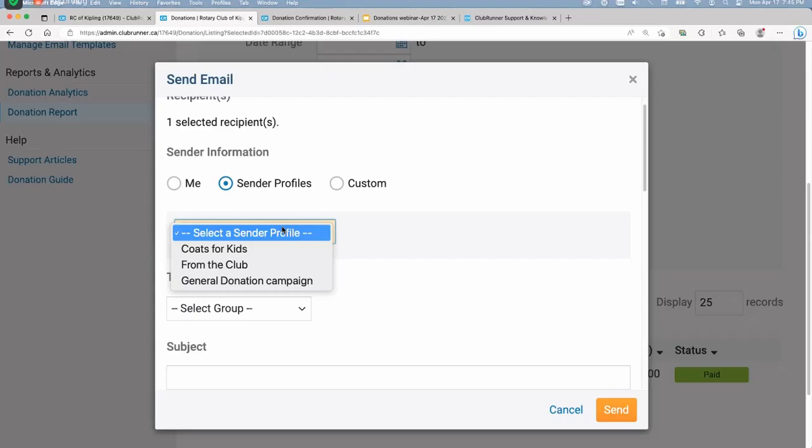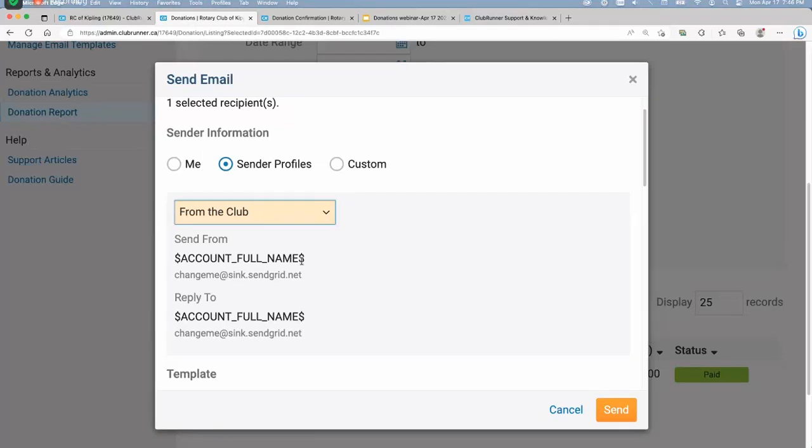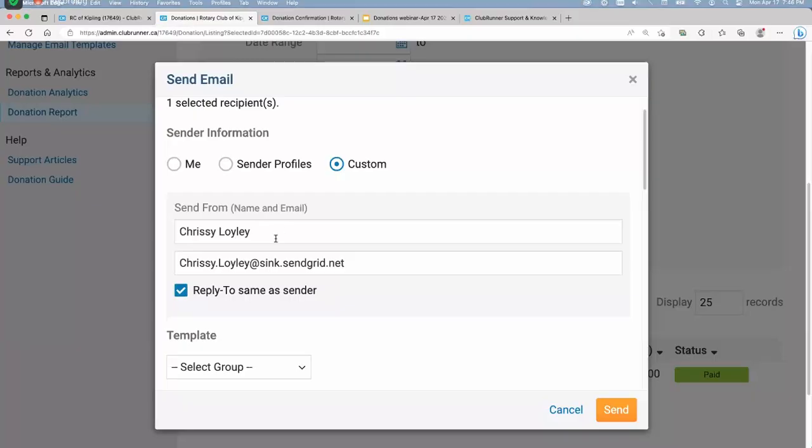If you're logged in and you're a website admin, maybe your club treasurer, as an example, is not a website admin, but you want it to come from the club treasurer. Or you want it to come from, this is my generic one from the club. I'm going to choose this, right? So this is just a generic something I set up with kind of genericized info. I'm going to click on custom so you can see how this works. Maybe you want this to come from the club treasurer, right? And her name is, I don't know, Sue Bentley. I'm just making this up. All right. And then